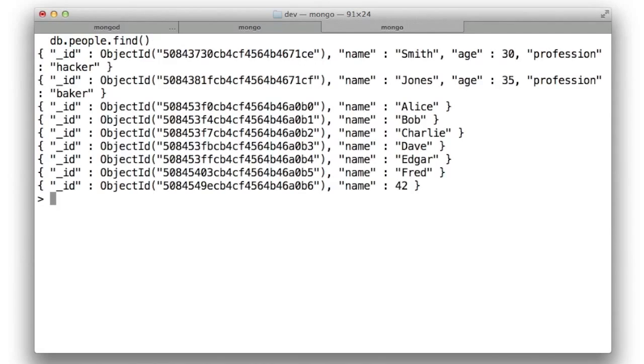Let's learn a few more query operators. As you may have noticed, the people collection I've created has a number of different kinds of documents. Some documents have the fields _id, name, age, and profession, whereas other documents have the fields _id and name only. Further, some documents have the field name that's a string, and other documents, well, just one other document, has a field name that's a number. MongoDB allows you to query based on the structure and types of information that's in the documents, as well as